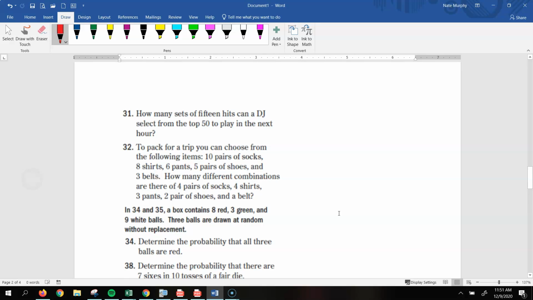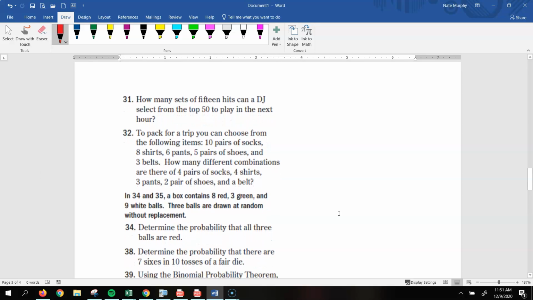All right, let's look at 31. How many sets of 15 hits can a DJ select from the top 50 to play in the next hour? So this one, I'm guessing that the reason why people ask about this one is the E on their calculator. So I'm just going to show you how you'd set this one up. So we'd have 50 choose 15. So again, your calculator would give you something like this, or it'd say like